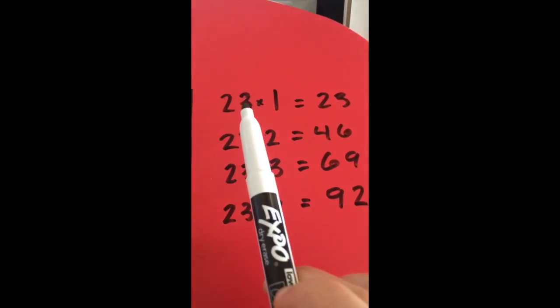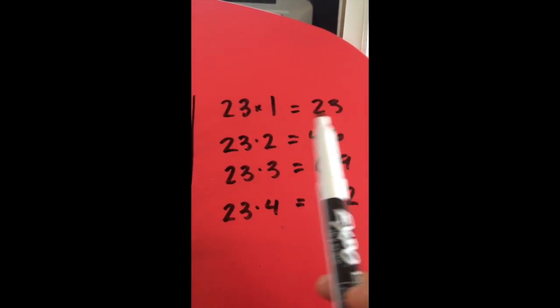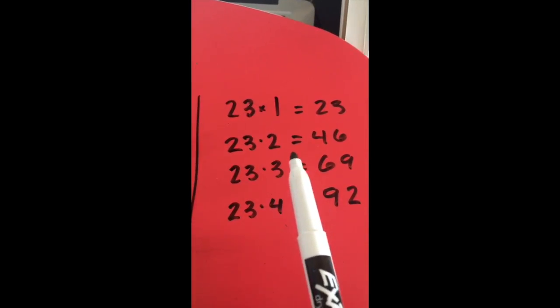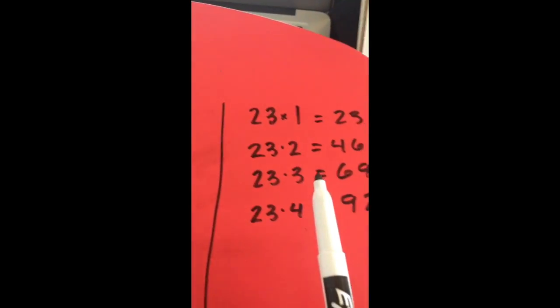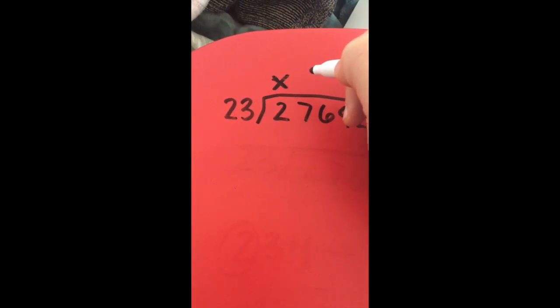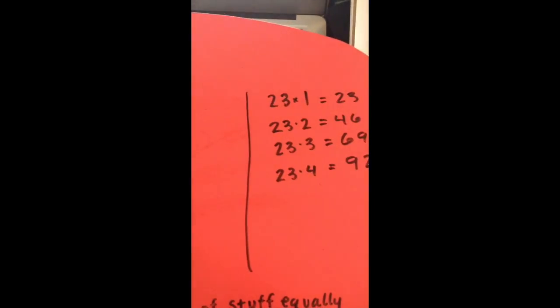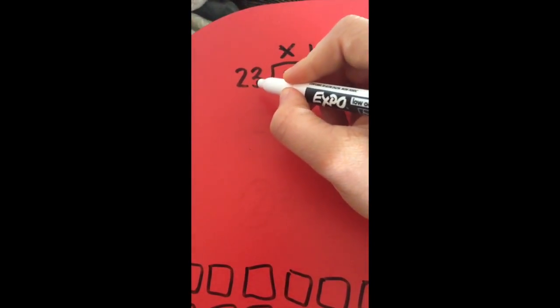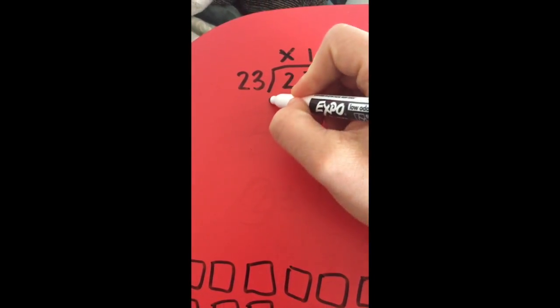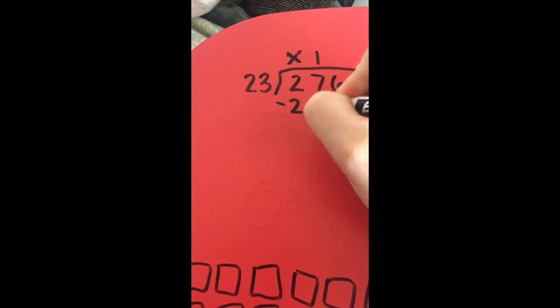And we know, based on over here, 23 times 1 is 23, so it could go in 1 time. 23 times 2 is 46, so no, it would not be able to go in twice. So we know that 23 can go into 27 1 time. Well, from here we know 23 and 27 are not equal, so there must be some left over. So what we're going to do is we have 23 times 1, we are going to subtract